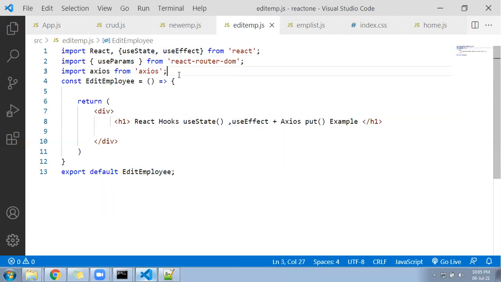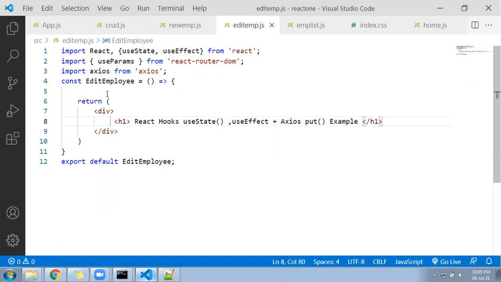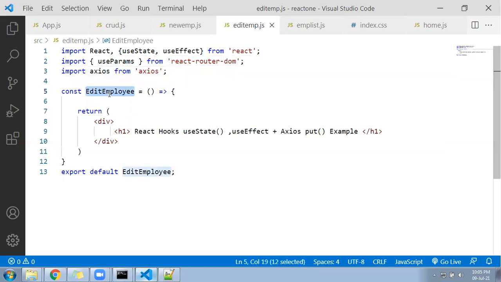Okay, now let's go ahead. So this much, let it be the look and feel of the page. Just the basic structure is ready, and the function name is called EditEmployee. I have made the function name EditEmployee. Okay, right? So hope you write this much. After that, we'll continue to the next. Okay, so hope you have done this much.